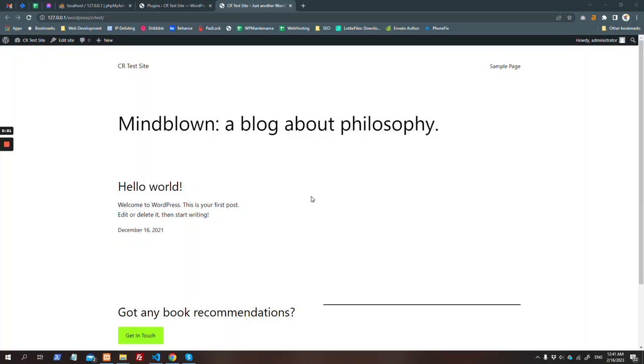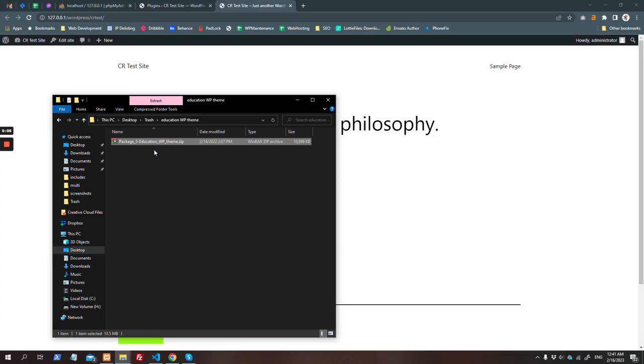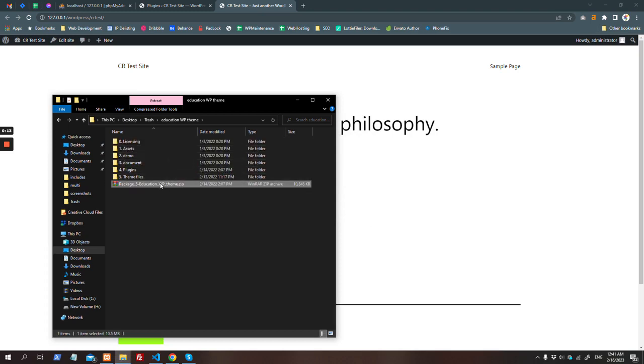So after you already have installed WordPress and you have downloaded your education WordPress theme from Theme Forest, you just have to unzip the package which you have downloaded from Theme Forest. Once you unzip the package